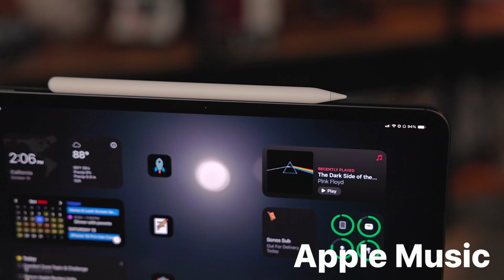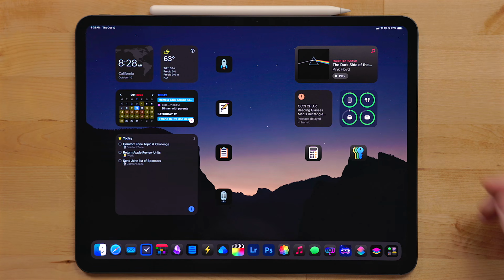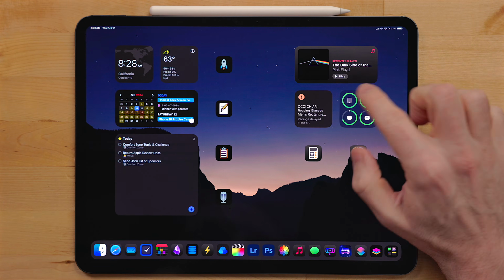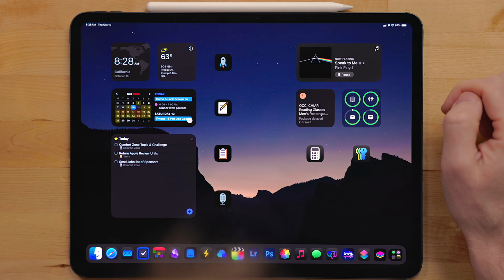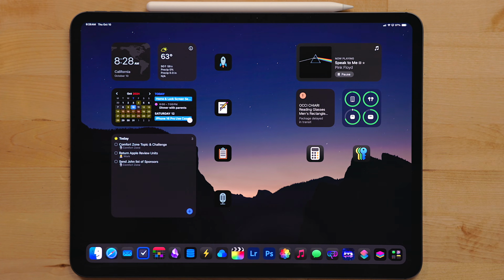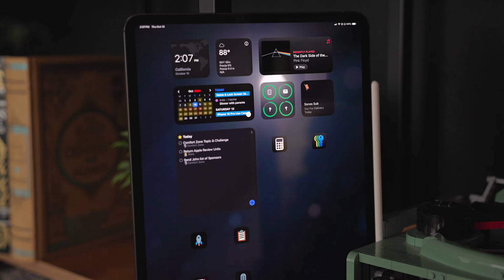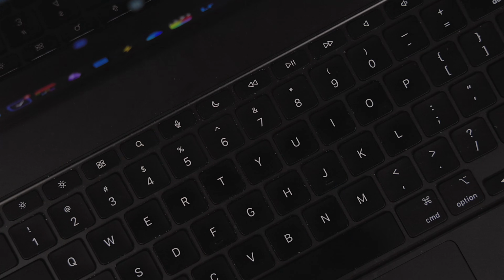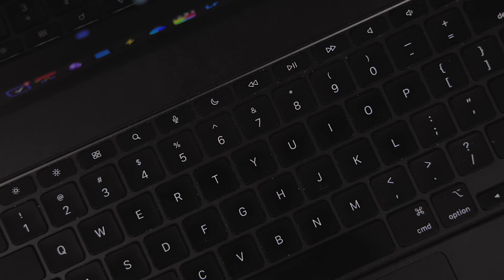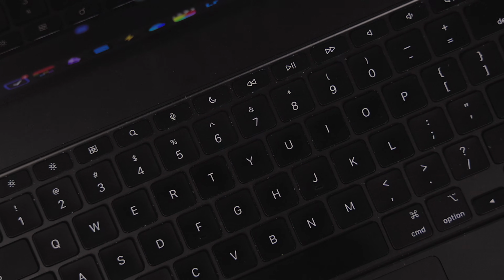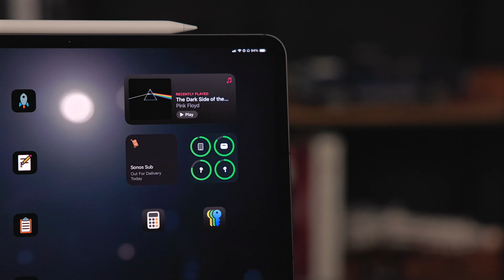iOS and iPadOS 18 fixes one of my biggest annoyances about Apple's widgets. No more generic red background for the music widget. It now matches the album artwork. And if you're using the dark mode theme for the home screen, it favors the darker colors. There is no skip or go back controls, but there is play pause. But ever since the new Magic Keyboard came out with the function row, I don't really need the skip and go back buttons on a widget. However, I do wish I could favorite a song right from the Apple Music widget.